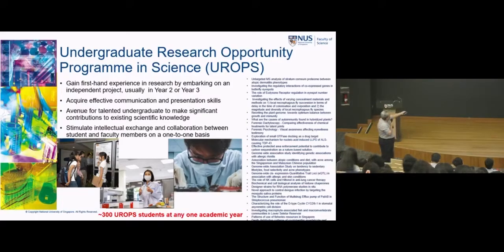I just put some of the names here. Wow, very impressive names. Some of them I don't even know how to pronounce. These are actual projects of our students. Every year, Science has 300 to 400 projects. And actually, you think all of you will be waiting for the professor to say, this is my project, you come and take this project. No. Most of the projects, they don't even offer.